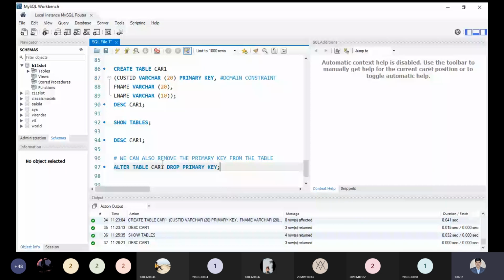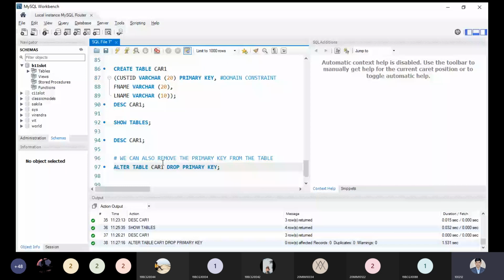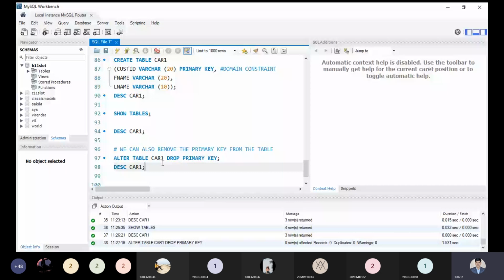Let us understand once again by describing the car1 table schema. Let me execute. Now you will be able to see the primary key is removed.